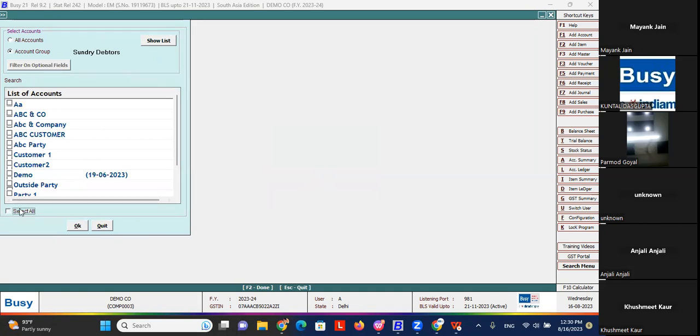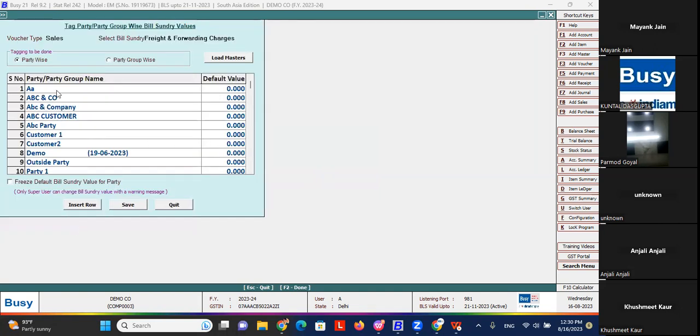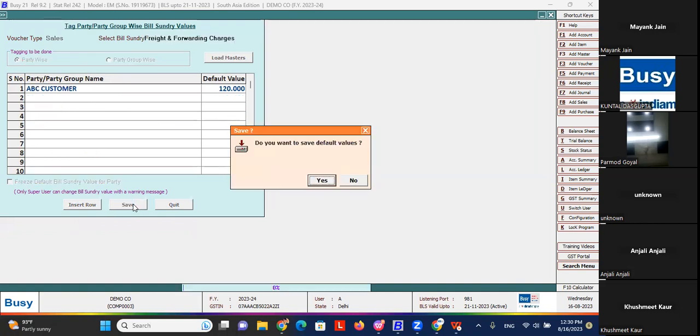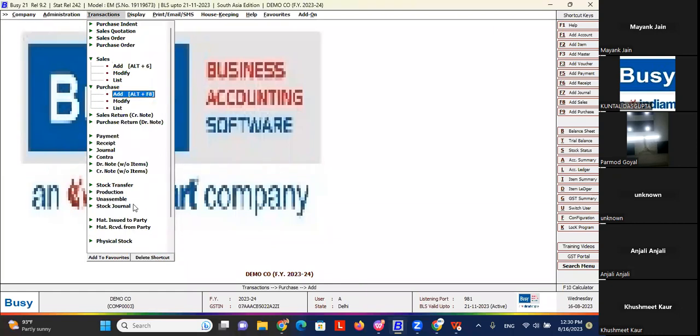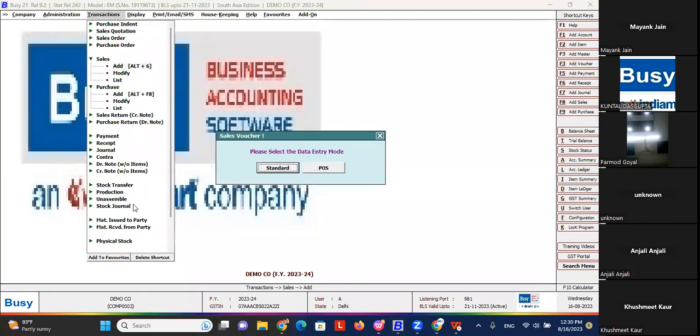You select all the parties, and you say that for a party, my freight should pick 100 rupees. For ABC customer, my freight should pick 90 rupees. Okay. So you are setting your freight value on the basis of party. So if I save it, then what will happen? Whenever I go to do a purchase entry or a sale entry, as I've done in the sale entry,